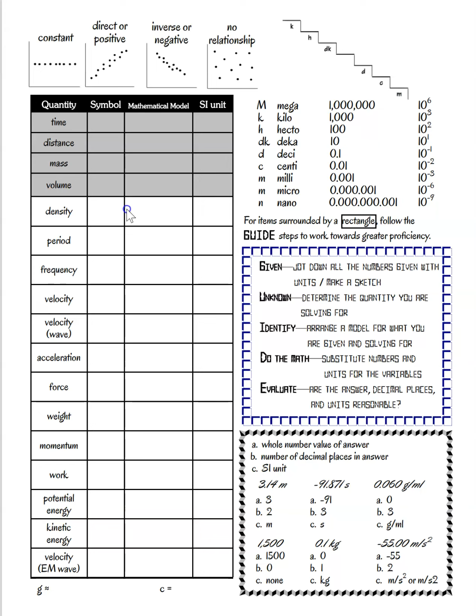And as we get new study guides that follow this one, you'll have more things that are grayed in, and you will copy over from each study guide your running list of your quantities with their respective symbols, mathematical models, and units. As we go through this first study guide in Physics A with you, we will have these things